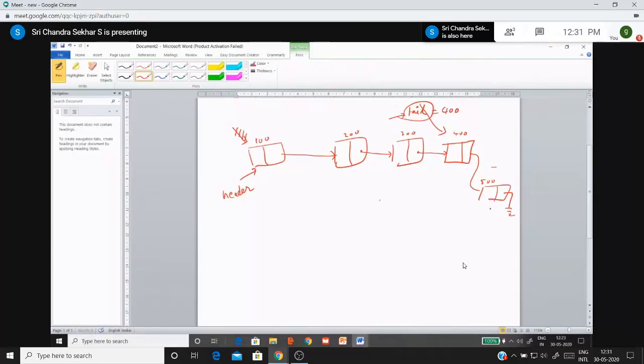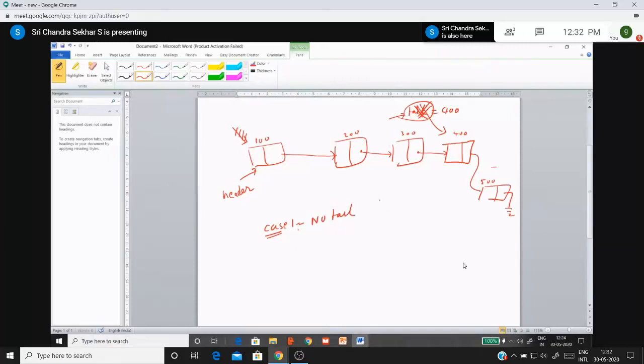So to delete the node from the end, assume that there is no tail reference. Please concentrate here. There is an important point I need to discuss, which may be asked in the GATE examination. The point here is, case 1, no tail reference. In such a case, if you want to delete the last node, you have to start your traversal from the first node and traverse to the n-1th node.